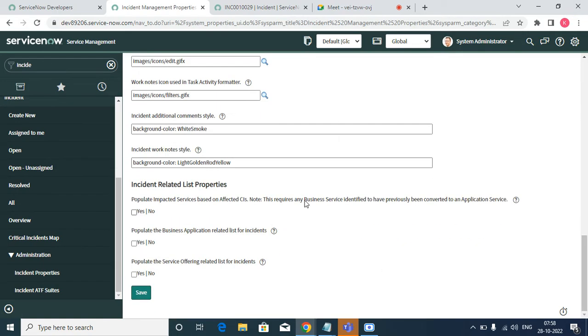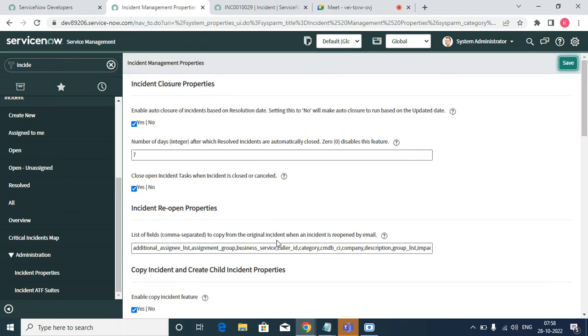See here, I think we no need to check anything, but 99% you will not get an option to update these properties. Only one thing we can do: enable auto closure of incidents based upon the resolution date. Setting this node will make auto closure run based on the updated date,